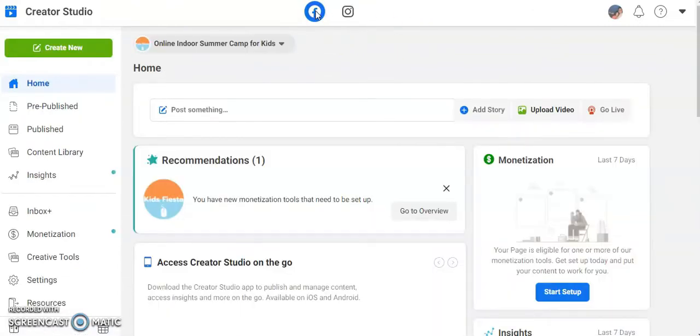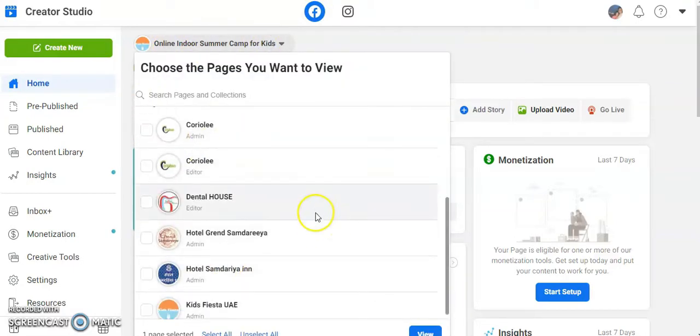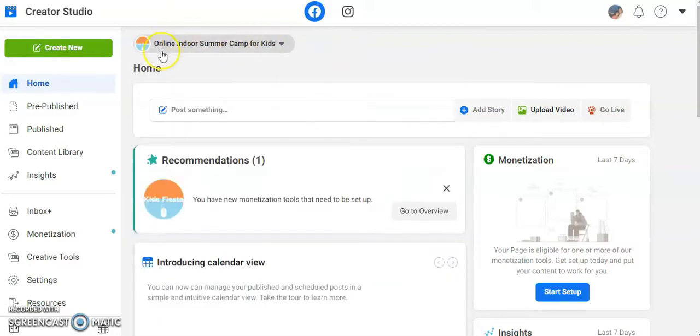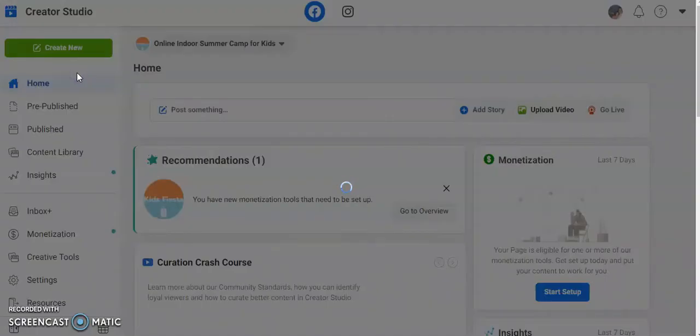So what I'm going to teach you is how you can schedule a post on your Facebook page. So while clicking here, just see whether your page is selected or not. If you have multiple pages, you have to see whether your page is selected here or not. Right now I want to post my update in this page only. All right, so now I'm going to click on create new, and then I'm going to click on create a post,